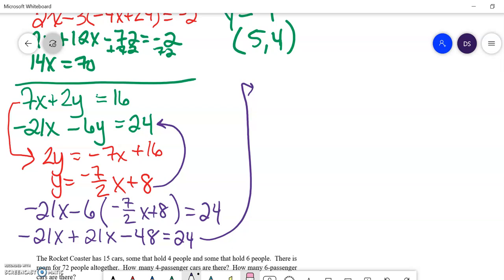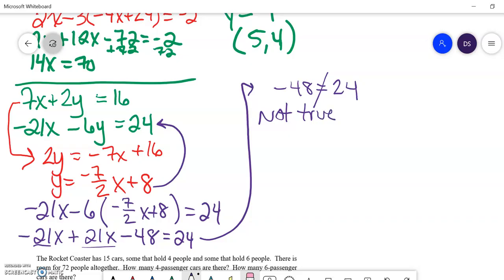So we know that something weird's happening here. Our x's cancel out, so we have no x's left. And we have this right here. This should look a little bit familiar. We did this earlier in the year in chapter 1, where we got an untrue statement. So if you're solving a system of equations and you get a statement that is not true at the end, okay, so an equation that doesn't actually equal each other, left and right side, then since this is not true,